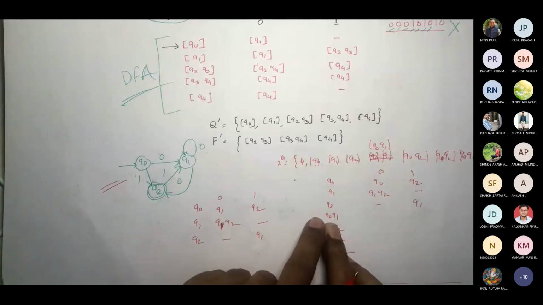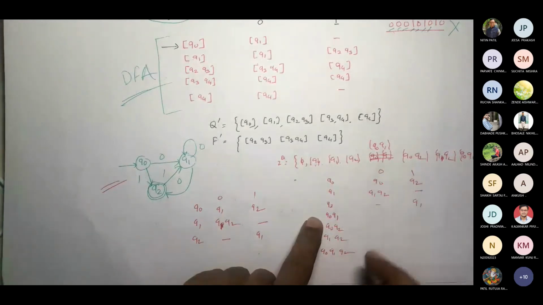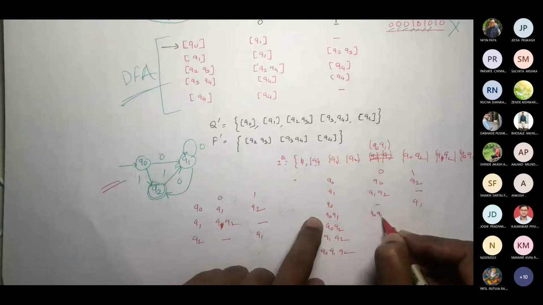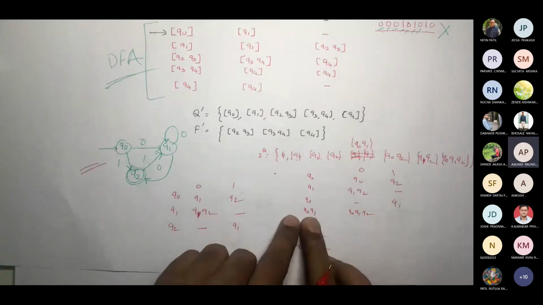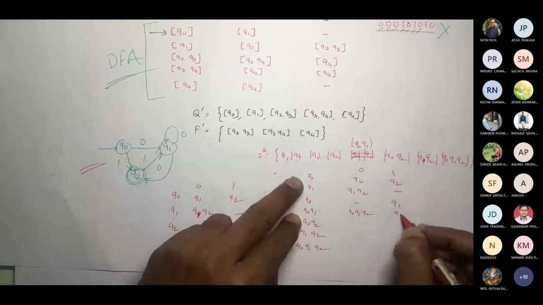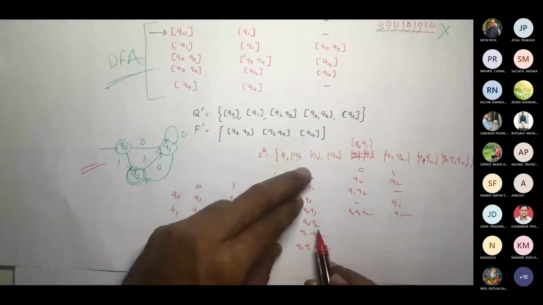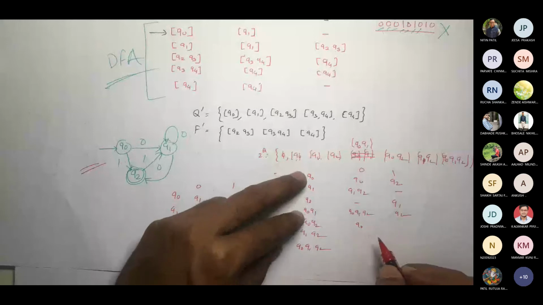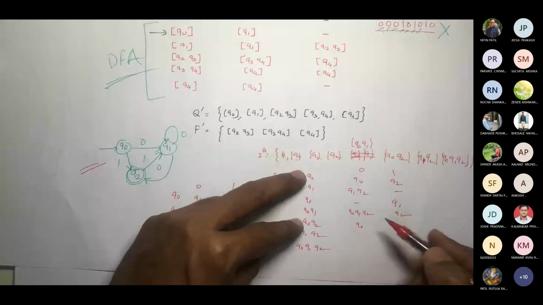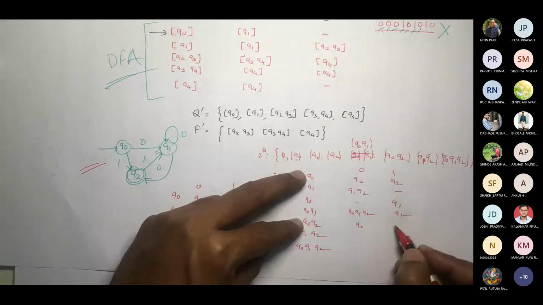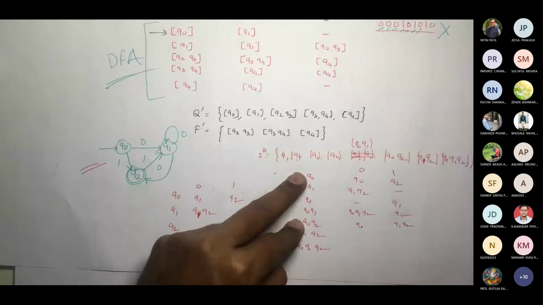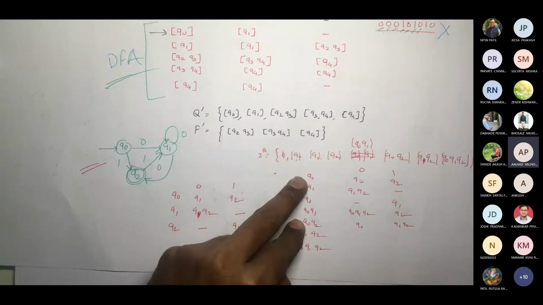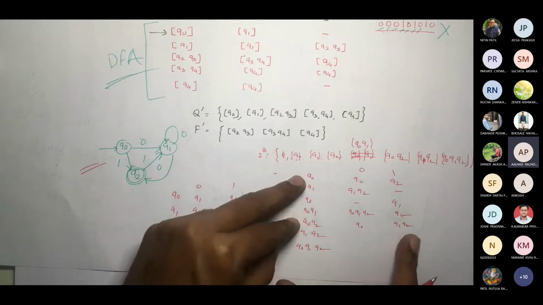Now what would be Q0, Q1? Q0 को 0 देते हैं और Q1 को 0 देते हैं तो क्या आएगा? So it would be Q0, Q1, Q2. Correct? Am I right? Yes, sir. Okay. So Q0, Q1 उसको 1 देते हैं तो Q0, Q1, Q2 और 1 है तो ये क्या आएगा? Q2 आएगा सिर्फ. So Q0, Q2 को 1 देते हैं, Q0 को और Q2 को 1 देते हैं तो क्या आएगा? Q1, Q2. Correct? Am I right? Yes, sir. Am I right? है ना, देख ले रहे हो ना आप?